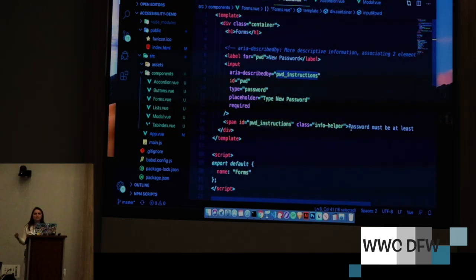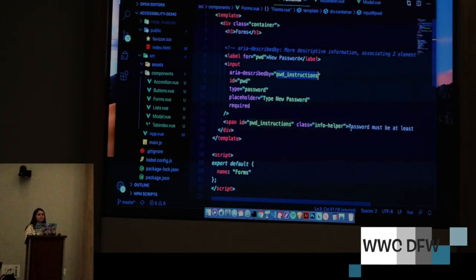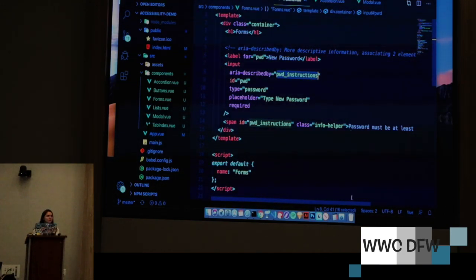So think about, this is something that you also have to think about: the experience of the user. And this is going to help them a lot. So if I go into Chrome,